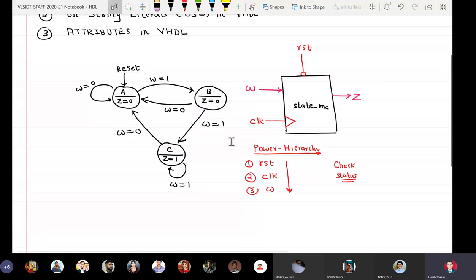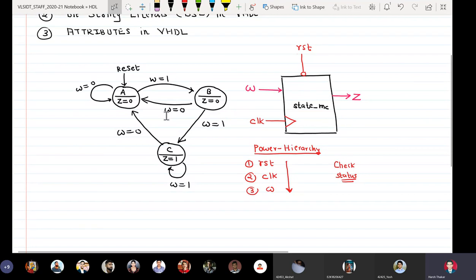So in the last session on Friday, we already discussed this particular state machine, and we also learned how to read this state machine. So it is clear from the state diagram that this machine has three states, which are named A, B and C. So A, B and C are the state names, and depending upon what input is received by the state machine while remaining in a particular state, it will change the state or remain in the same state, and there is a reset signal.